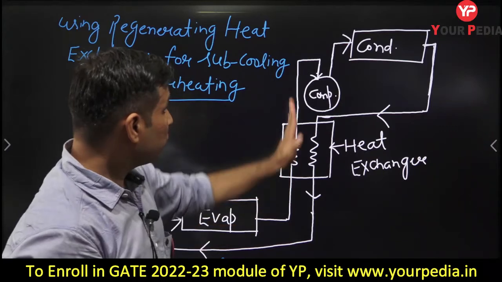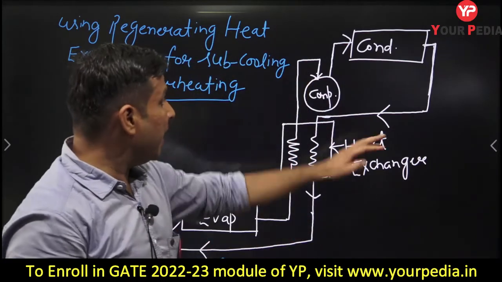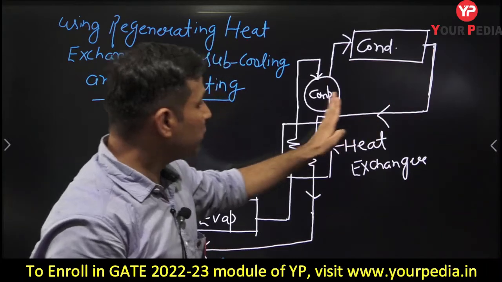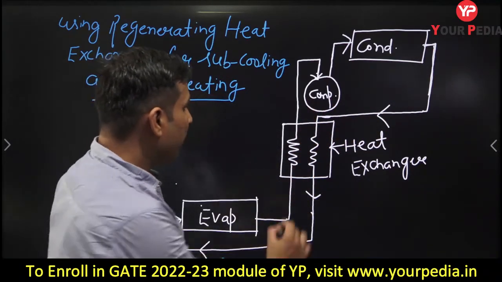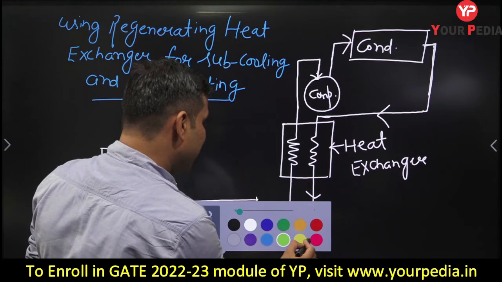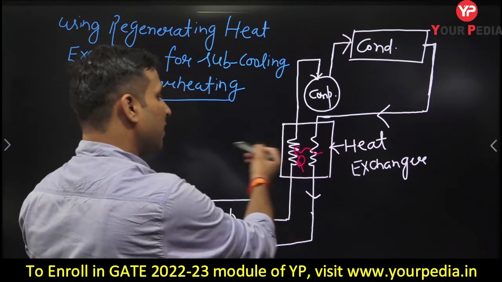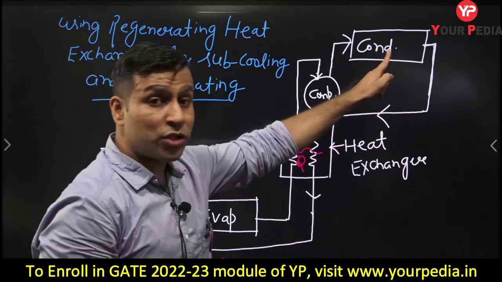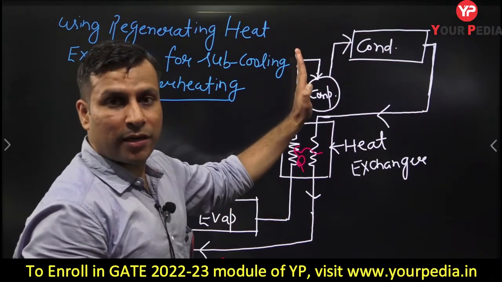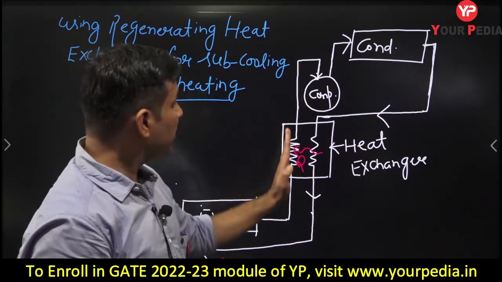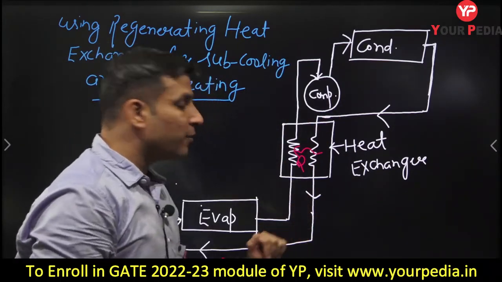the evaporator, will be superheated. So superheated refrigerant will enter into the compressor, and when the saturated refrigerant enters the heat exchanger, again it will be subcooled by rejecting its heat, because from here to here the heat transfer takes place. Here the heat will go from here to here because the condenser temperature is more than the evaporator temperature, so it will reject heat to this low temperature, low pressure refrigerant. So here this refrigerant will be superheated, and here this refrigerant will be subcooled.